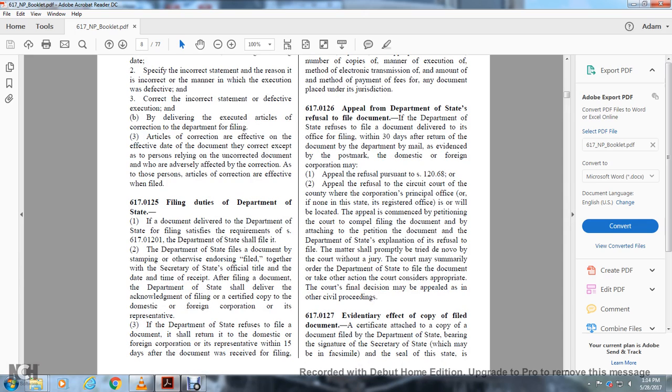617.126, Appeal from Department of State's refusal to file a document. If the Department of State refuses to file a document delivered to the office for filing, it must return the document within 30 days after the document was received. The document by mail is evidenced by the postmark. The domestic or foreign corporation may appeal the refusal